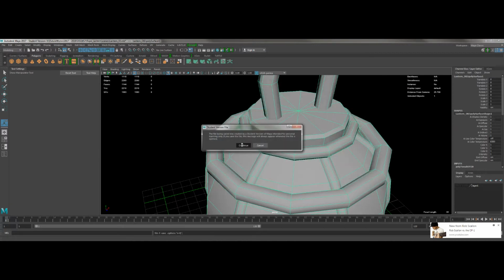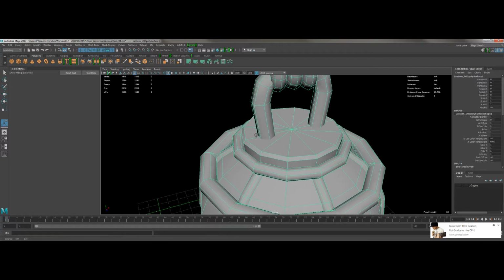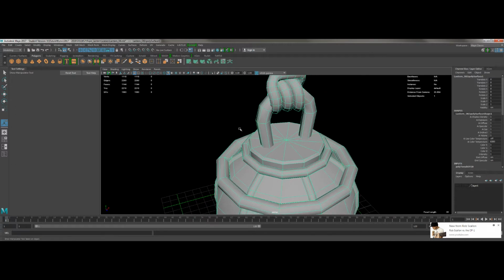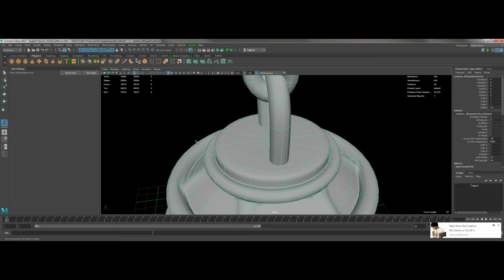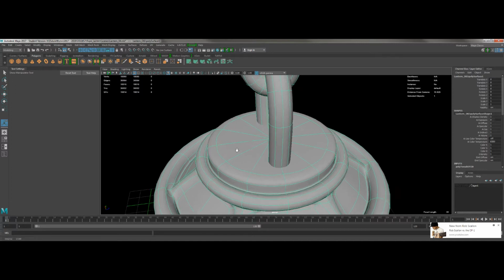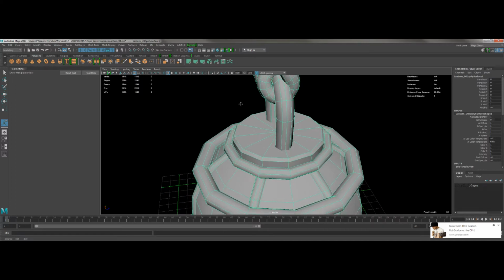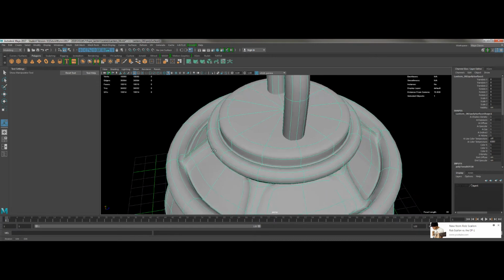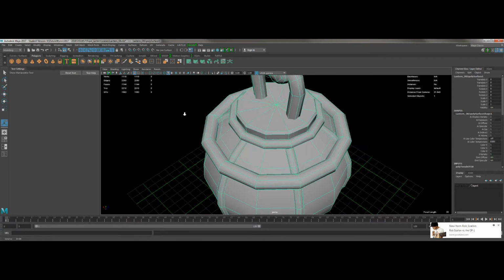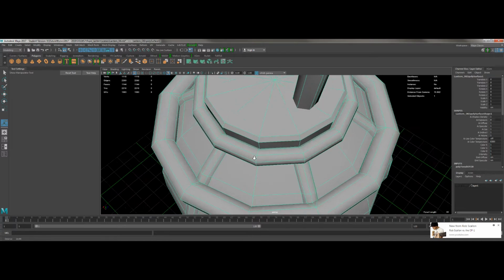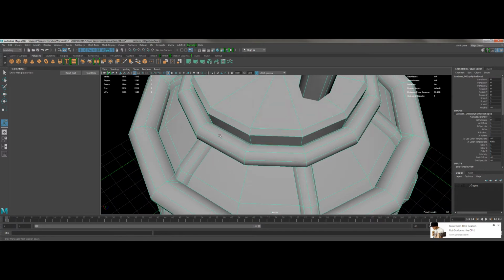There we go. So I'm going to use something called the crease tool that I think I showed you in the candlestick video actually. And if I press 3, I get the approximation of what my object is going to look like when I subdivide it. Just the approximation. But as you can see here, I lose a lot of the hard edges and stuff gets a little bit soft, and I don't want that. So if I want to subdivide this and maintain these very hard edges, I've got to crease